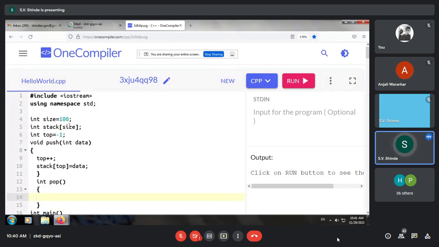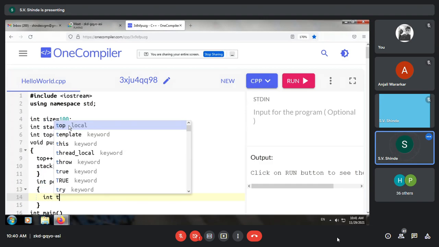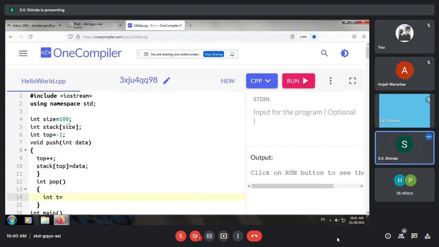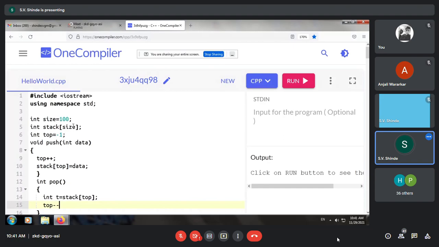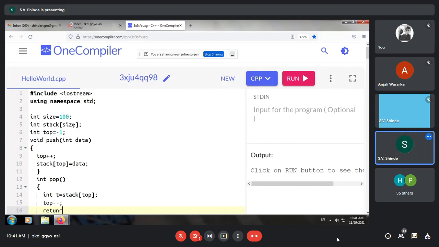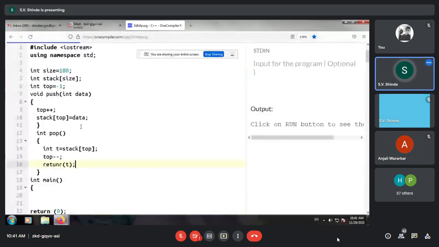We take an integer value temp, t is equal to stack[top], so we are reading from the top. Then you reduce top by 1, so top minus minus. Then finally return t.